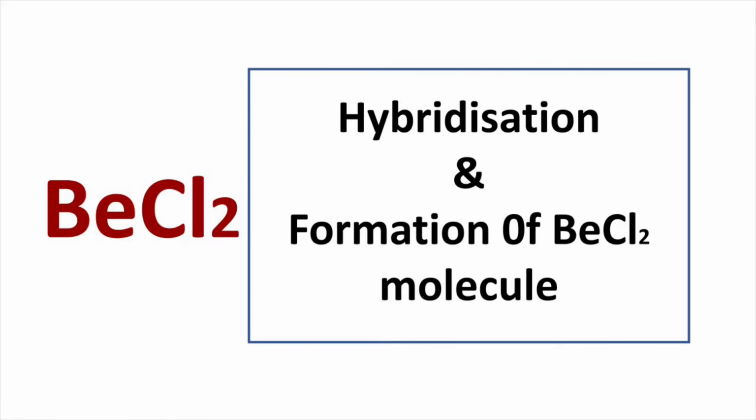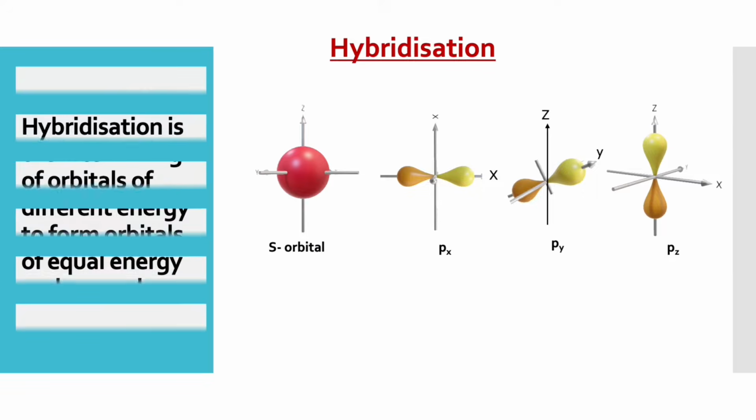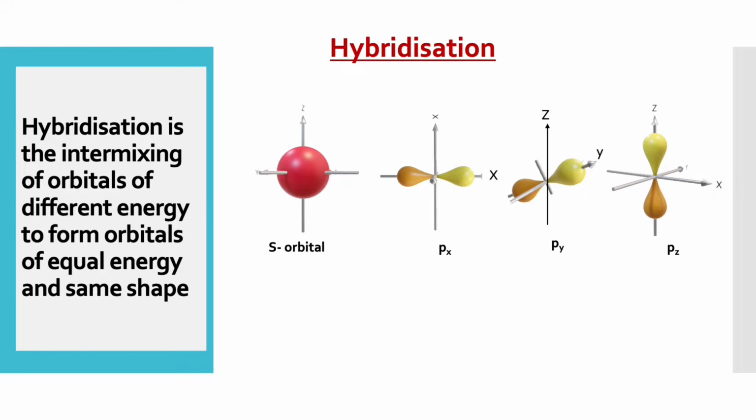In this video, let us see how to find the hybridization of BeCl2 and also we will discuss how the BeCl2 molecule is formed from hybrid orbitals. First, let us see what hybridization is. Hybridization is a process of intermixing of orbitals of slightly different energy so as to form orbitals of equivalent energy